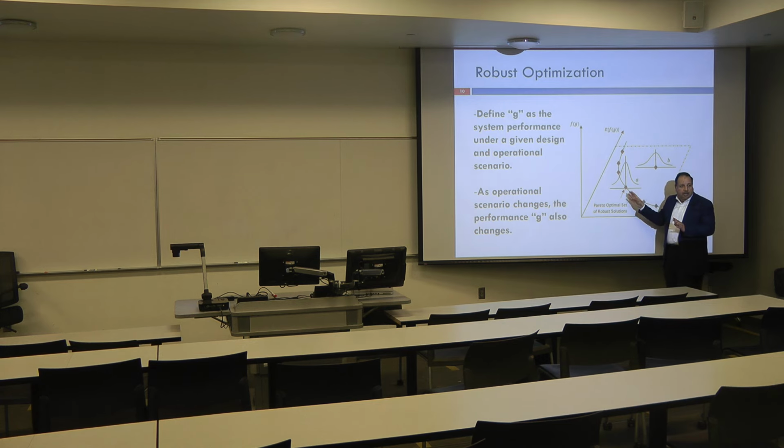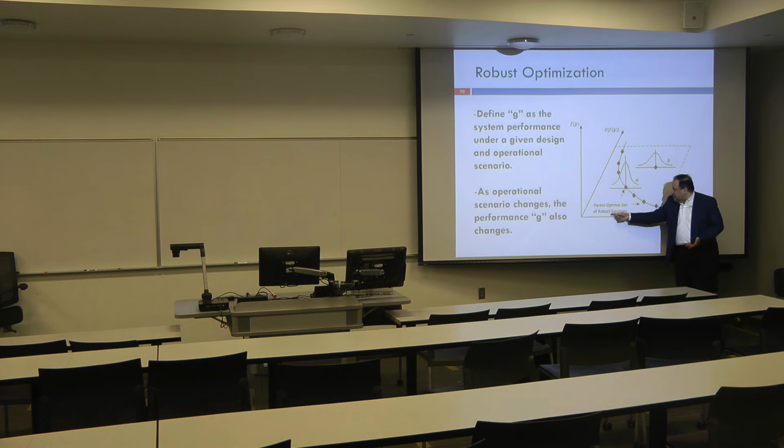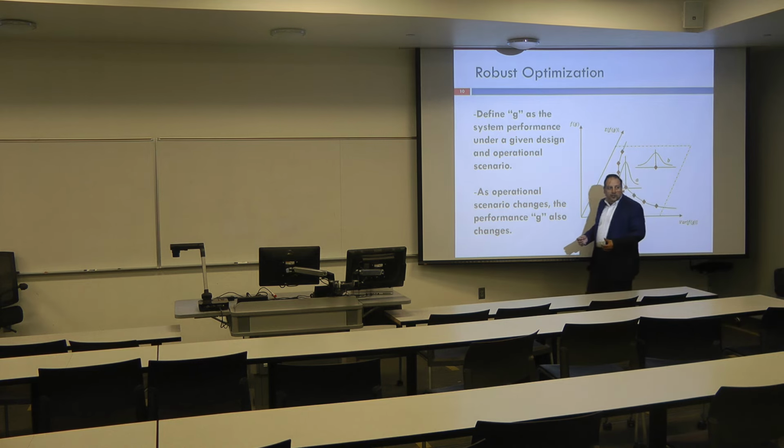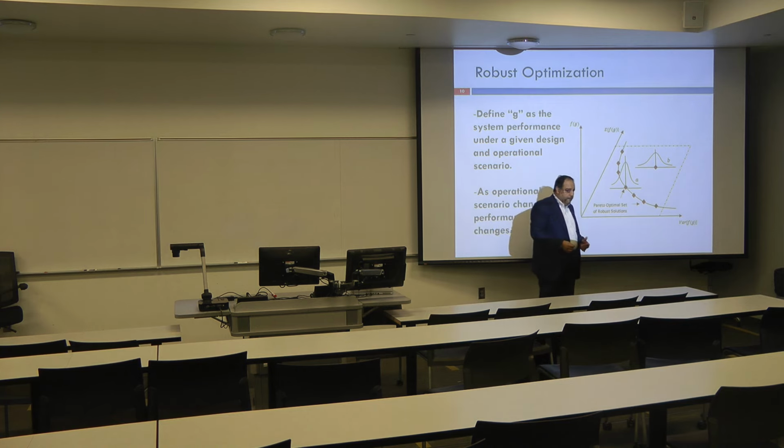So I have a design, the operation scenario will change, so my performance will change, right? But this is going to be the expected value of the performance. And for design B, this will be the expected value of the performance. And these two distributions, each one has its own variance. So this is the variance of this distribution here, and this is the variance of this distribution here. So in this case, which one would you prefer to have? I think that A has much less expected value, and even the variance is not varying too much along the line. But as you were saying in the previous slide, wouldn't we go with existing scenario and pick our solution rather than this scenario? But yeah, here I would be going with A due to the reason.